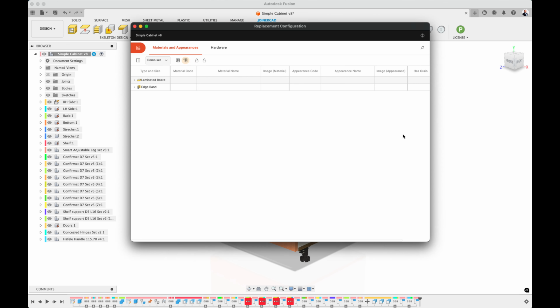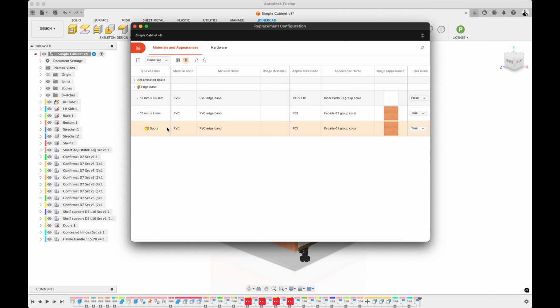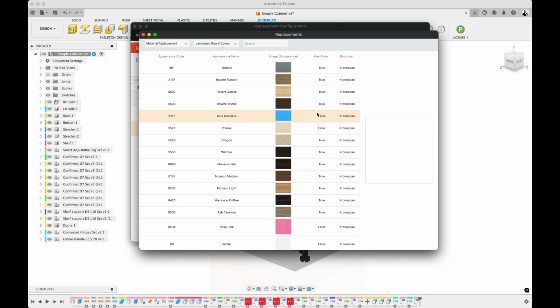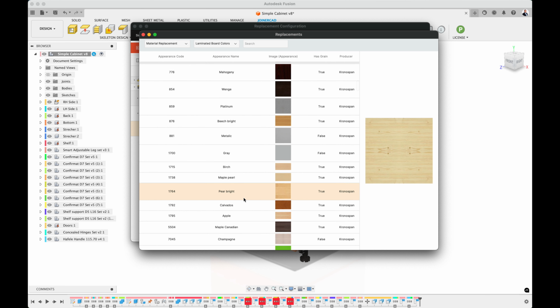Moving on, I will now make a change to a specific entry, the edge band. Using the same steps as before, I select the entry from the replacement window. Only in this case, the window was opened for a specific entry rather than the whole group. This means that this change will only be made within this component.